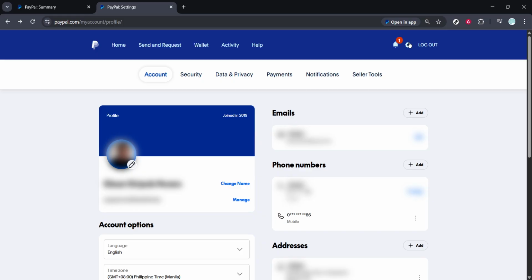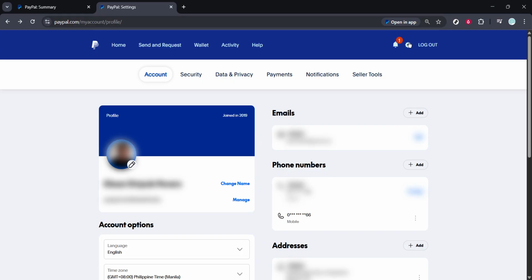Clicking on this icon will direct you to a comprehensive page where you can manage various aspects of your account, ranging from personal information and security preferences to your linked payment methods. However you access it, the key is to arrive at the page where you can update your personal details and